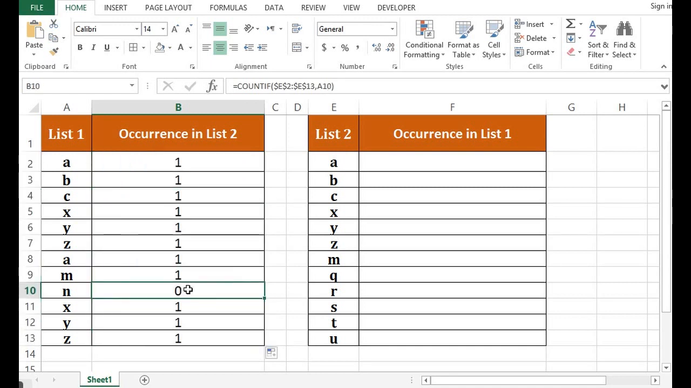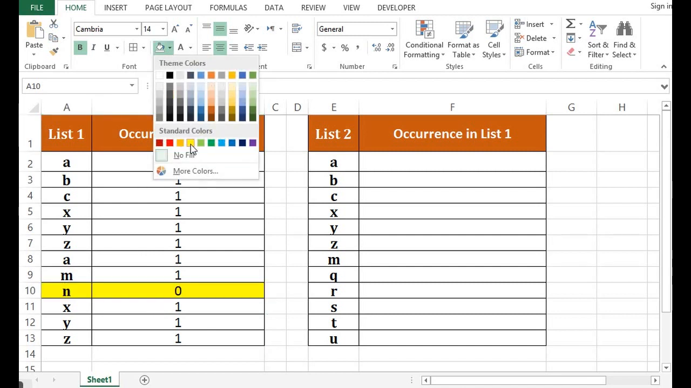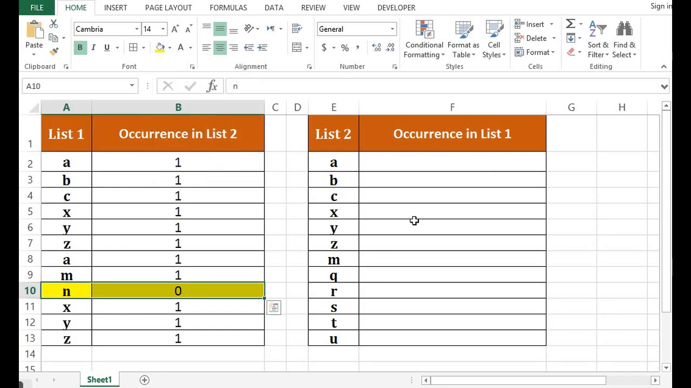So we can see that all values are present in list 2 except n. Why? Because n has 0 when we applied the Countif formula. So we can say that n is not part of list 2. Let me highlight this. In the same way, I want to check how many values of list 2 are present